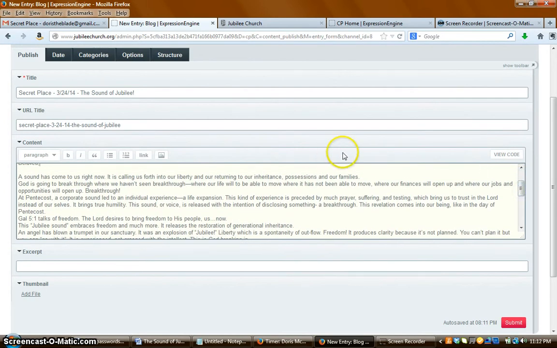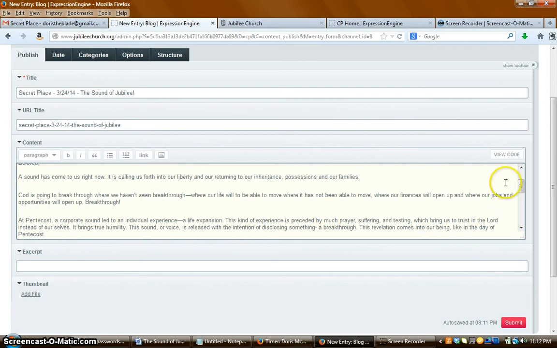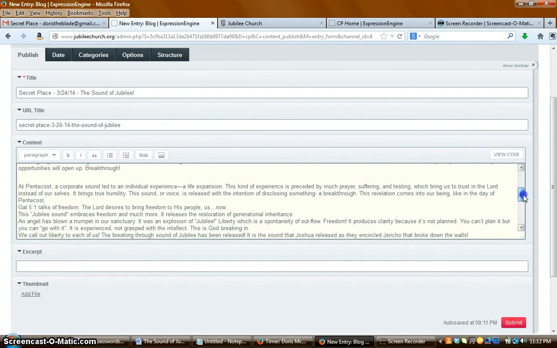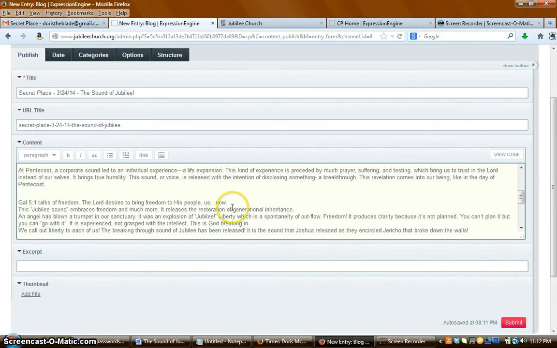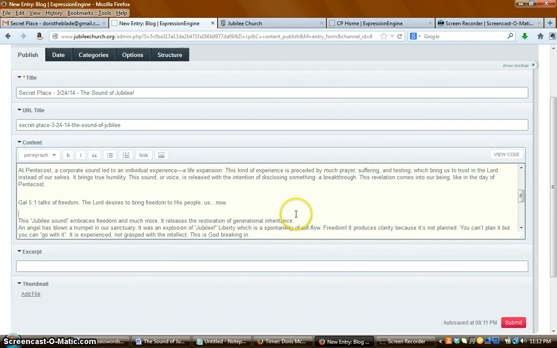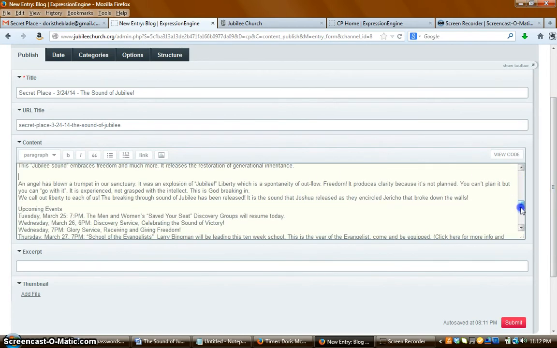Okay, so now we can either go back here to check our paragraphs, but I can see where the paragraph breaks are. After families, it goes into a new line, so that's a paragraph there. After breakthrough, you have a paragraph, and then Pentecost, freedom. Now, okay, there's a break right there. Inheritance. I can see there's a break here,